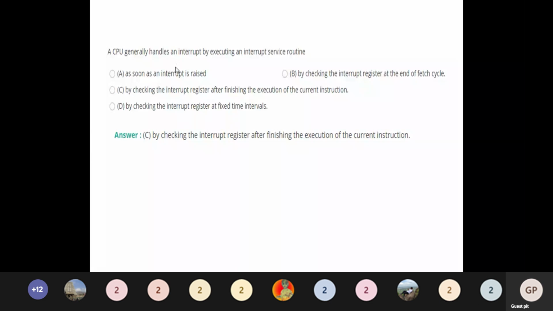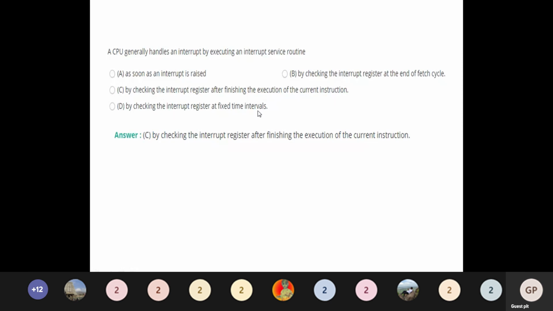So this is the question and the options are: as soon as an interrupt is raised; by checking the interrupt register at the end of its cycle; by checking the interrupt register after finishing the execution of the current instruction; by checking the interrupt register at fixed time intervals. So, in what way does a CPU handle the interrupt? By executing the interrupt service routine.